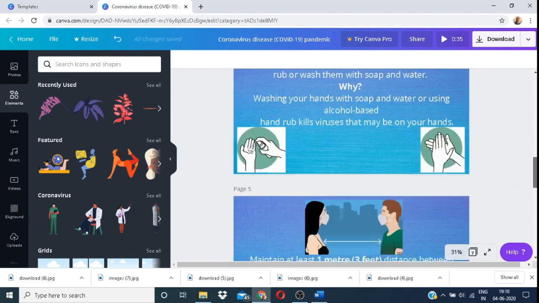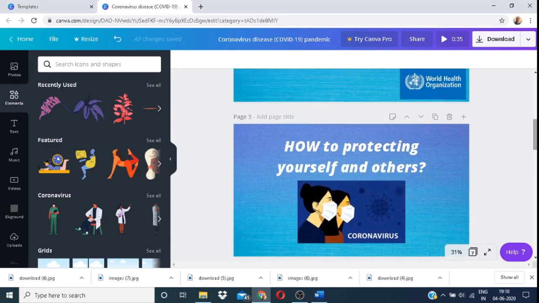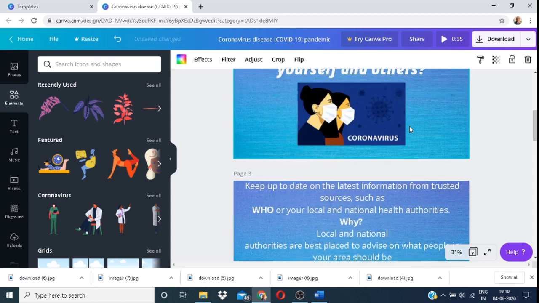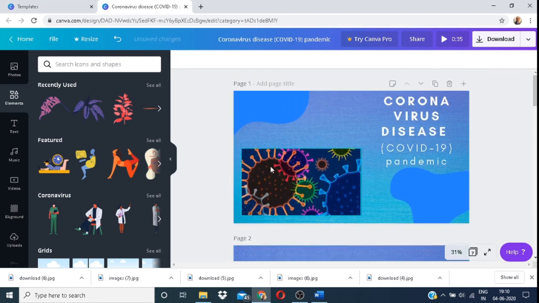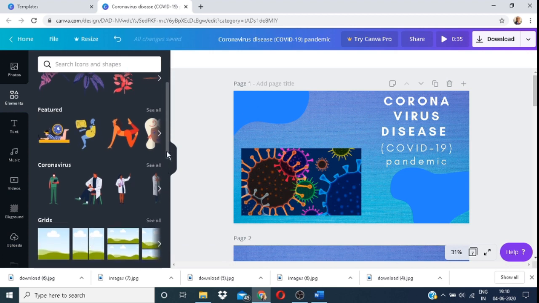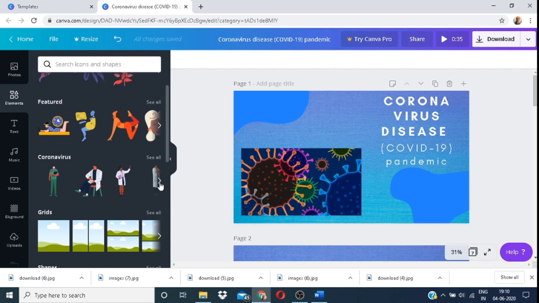It is fine. A page has been interchanged over here. Yes, it is fine. So I'm going to look for some clip arts. Oh, what a surprise! We already have a few stickers or elements for coronavirus. So let's go through them and we can add them.